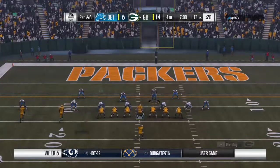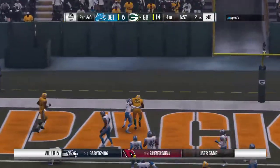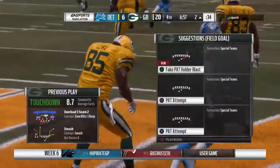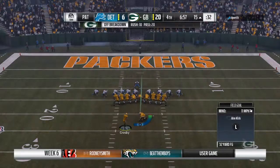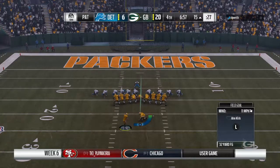Now Rodgers throwing on second down. Touchdown, Packers. Mercedes Lewis, his second touchdown on the season. And the Packers add 6 to their lead. Sometimes those tight ends are a mismatch. They found the mismatch there. And that's exactly why you want to draw up those types of plays, because coverage is just going to go